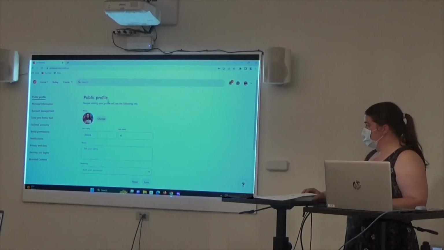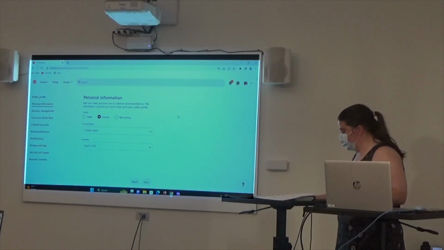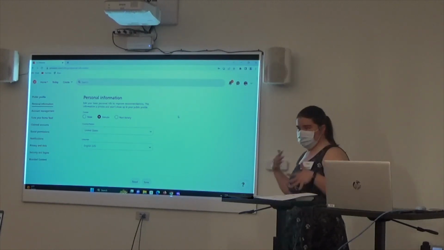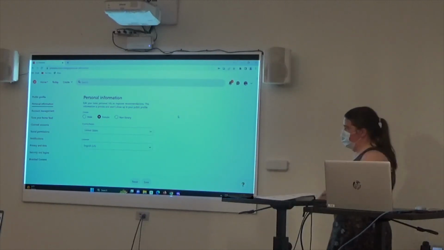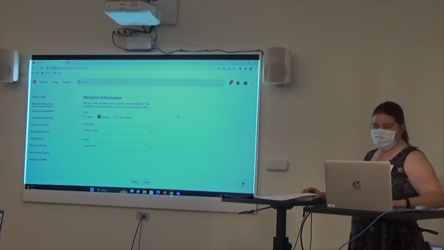After public profile, you've got personal information. This is where you can change the language, the country. This is all the stuff that you had filled out when you signed up. If you're male or female,